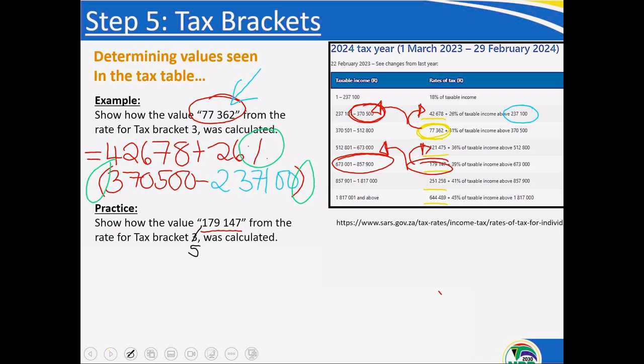So, once again, we've found where 179,147 falls into, and we don't want to stay where we are, so we jump up, and we use the information in the tax bracket above to help us answer the question. So, if we write it out in full, the previous tax rate will be 121,475 plus 36%